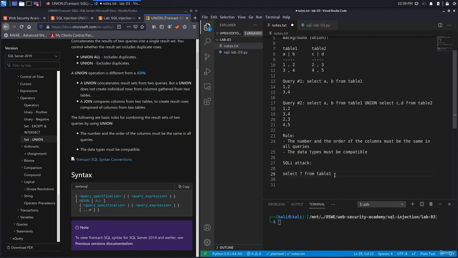Now, if this query is vulnerable to a SQL injection, you can use the union operator in order to determine the number of columns by iteratively doing a bunch of requests that determine the number of columns. And the way we're going to do that is we'll do union select null value. Now, if the number of columns in the second query is not the same as the number of columns being called in the first query, then we'll get an error. And if we get an error,